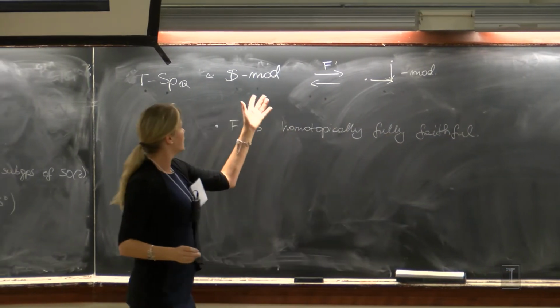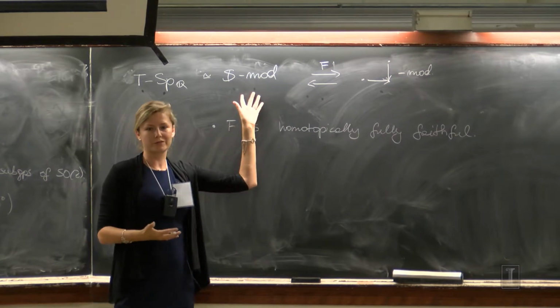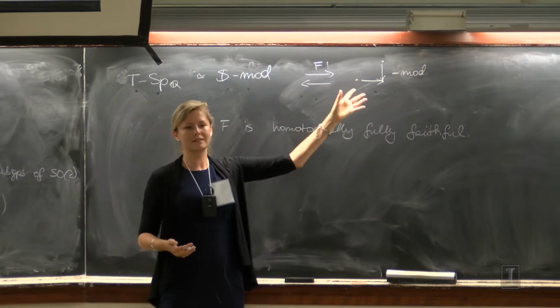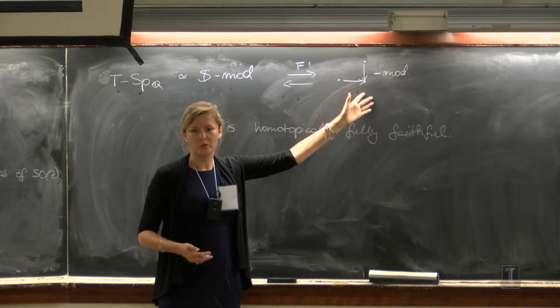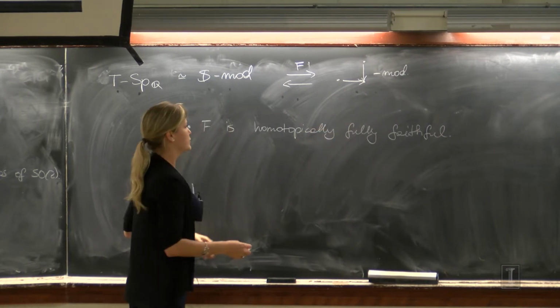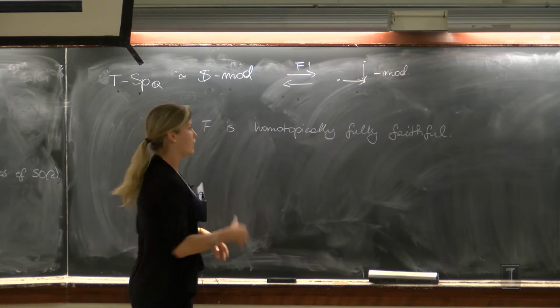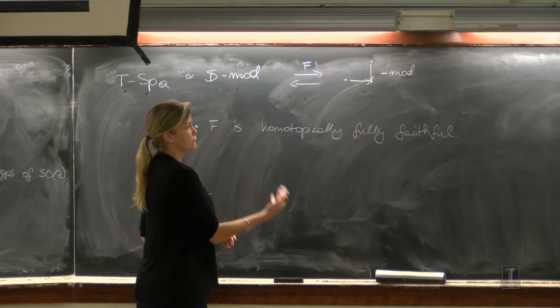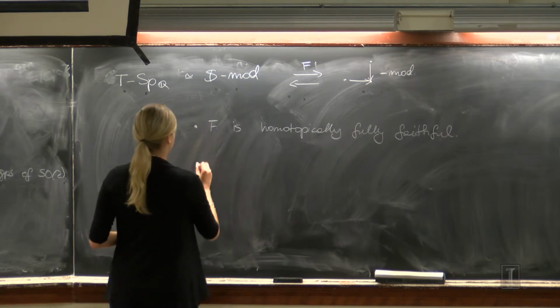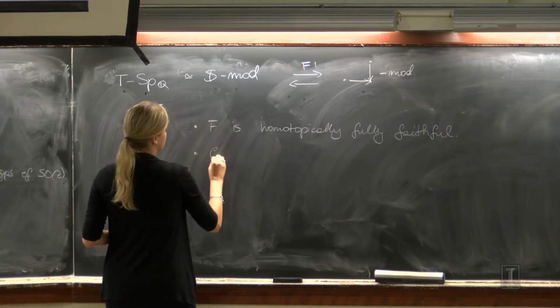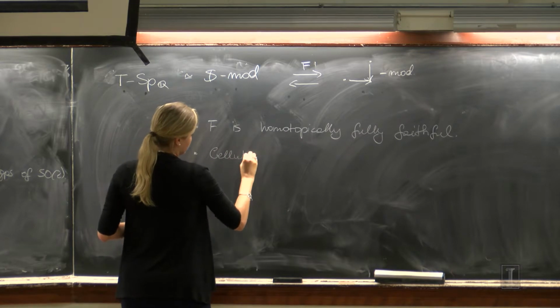So what that means is that if I take the homotopy category of this part, it's going to very nicely sit in the homotopy category of this part. But this gadget is going to be way too big. So we're going to force it to be smaller. At the model categorical level, we're going to force the model category to give me the homotopy category, which is going to be smaller. So we're going to use what is called the cellularization